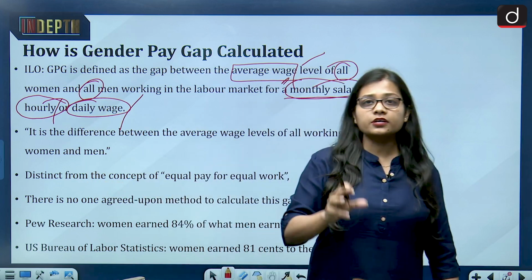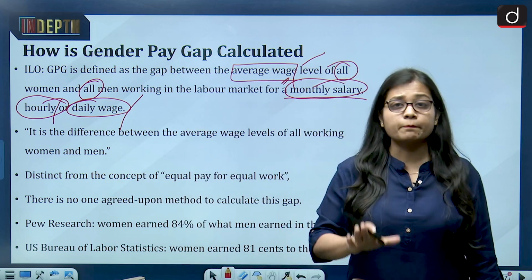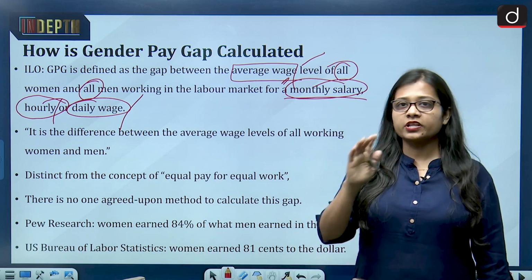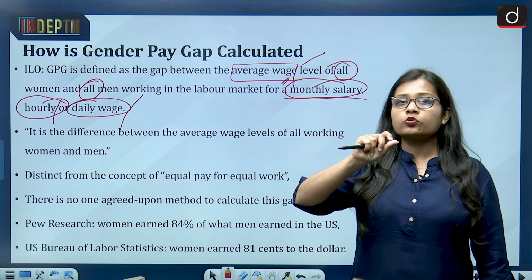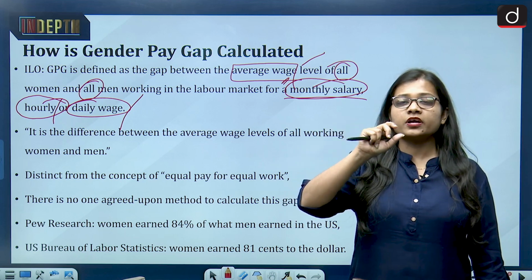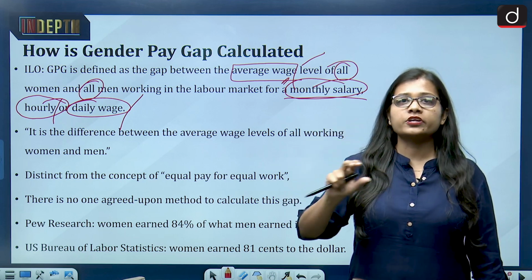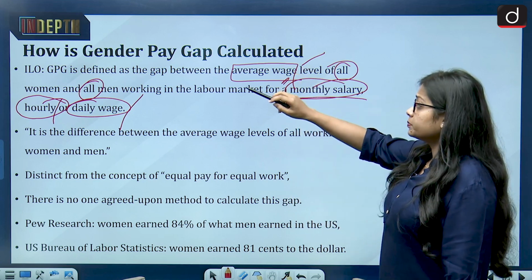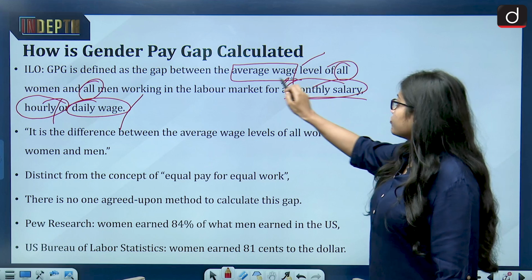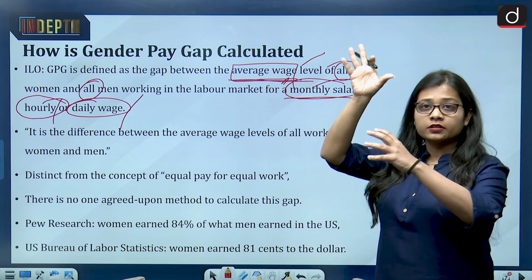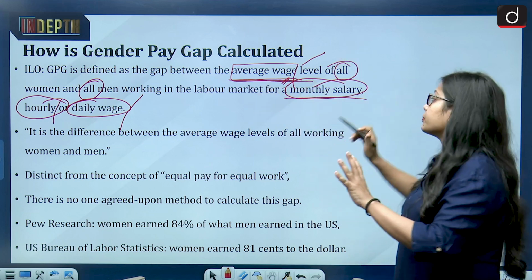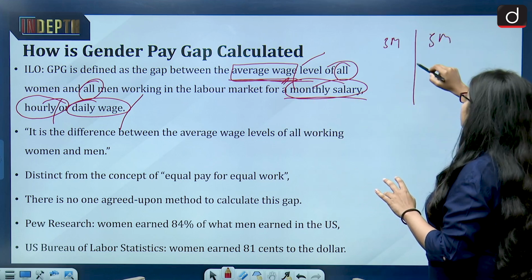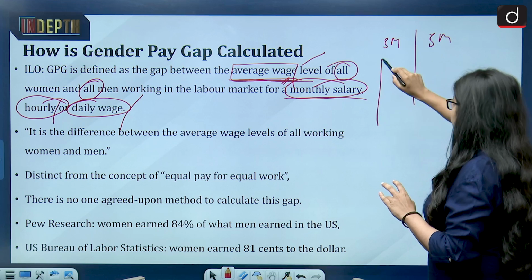It means that they are talking about the people who are employed. Here you have to be very careful that ILO is not talking about a single position or about one or two or three individuals. It is saying very clearly that the GPG is defined as the gap between the average wage. It means, for example, if there are 5 million males and 5 million females, then the remuneration